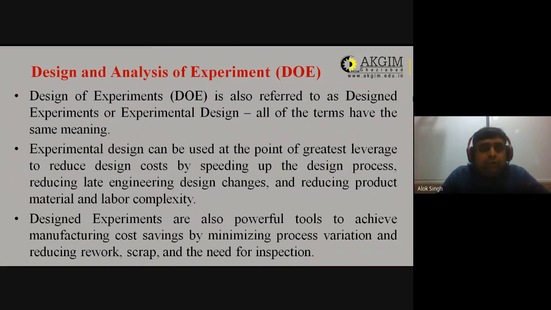If you have gone to CCD, Cafe Coffee Day, and you order a cappuccino, in another outlet you will get the same taste of cappuccino. So what is that? Basically they are using fully automated processes to make that product. So every time the customer experience would be the same. That is basically design and analysis of experiment. Under controlled condition, they are performing this experiment multiple times to get a similar type of product.